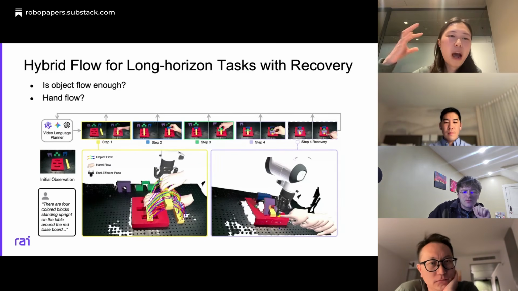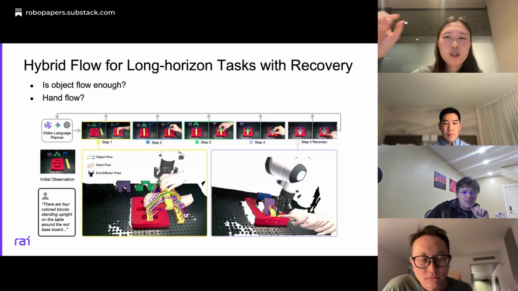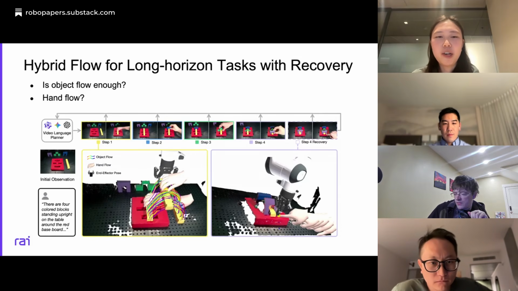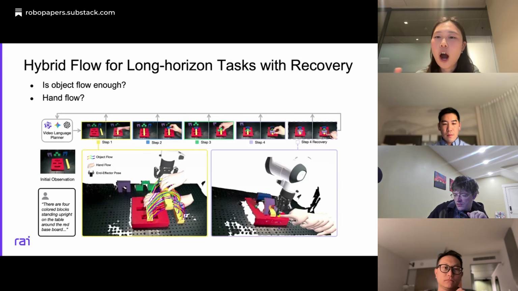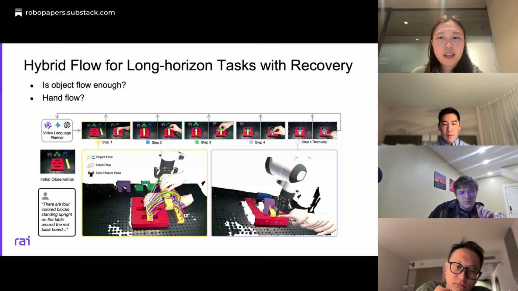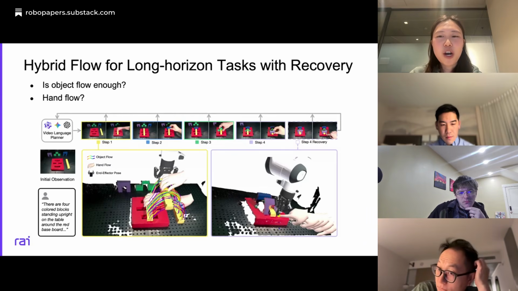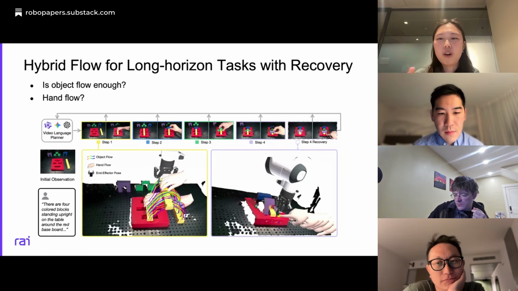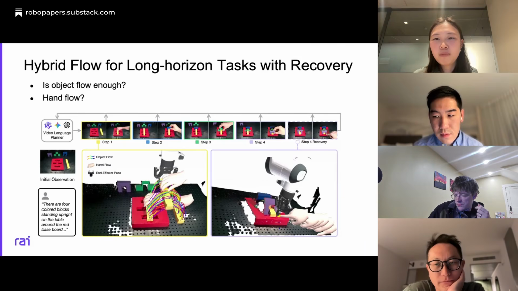In the first bit, we have a higher level video language planner to generate the video first, to decompose the task and generate each of the sub-task videos at the very top row. Then for each of the tasks, we can extract the object flow, but also the hand flow. The hand flow here is basically defined as a sequence of hand poses. We use HaMeR to extract the hand poses and apply some scale calibration, because for now the video model is still not able to generate spatially consistent hands. Sometimes we get giant hands when it gets closer in front of the camera. So that's why I need to apply some sort of calibration.